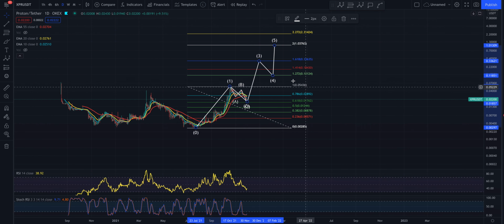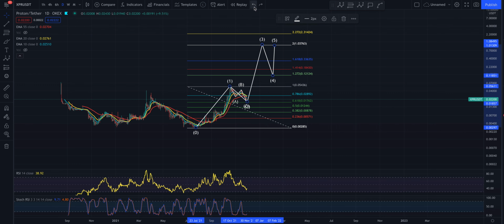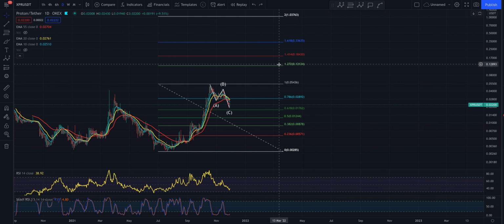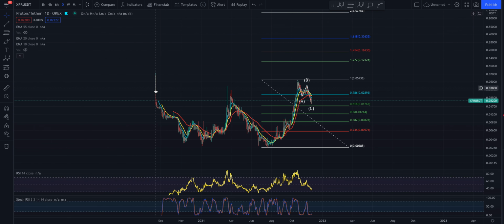Could that potentially be a play? Who knows? But if this is a wave 1 here, that's a huge wave 1. Wave 3 could be bigger than that. We could be on our way here for something really good for XPR, because you could see that